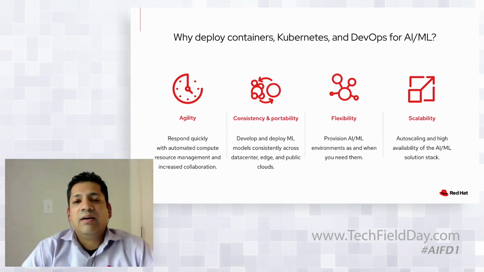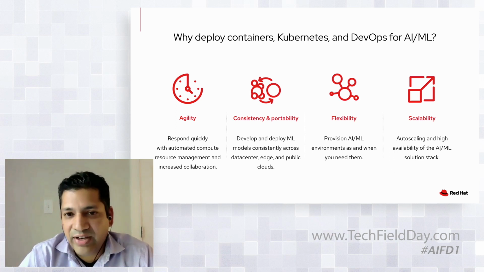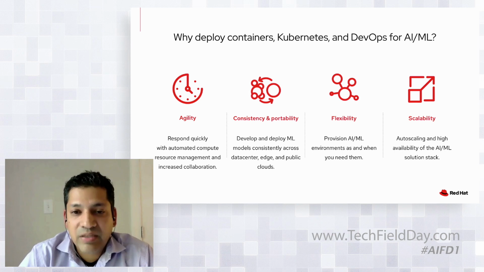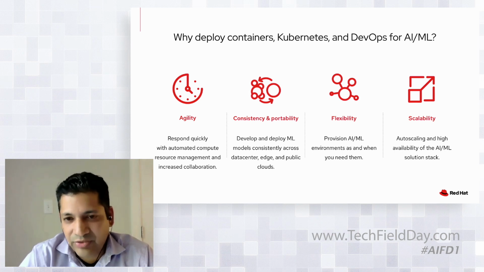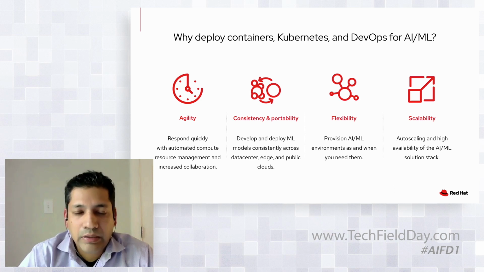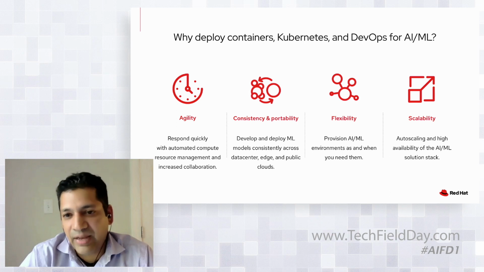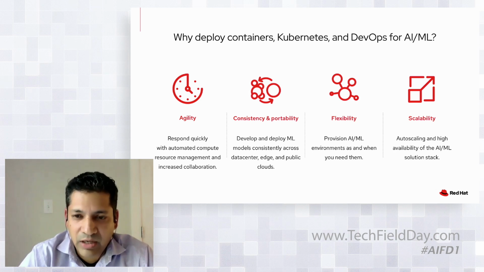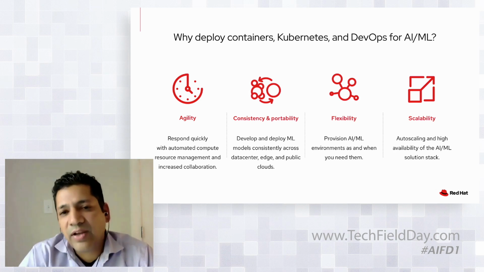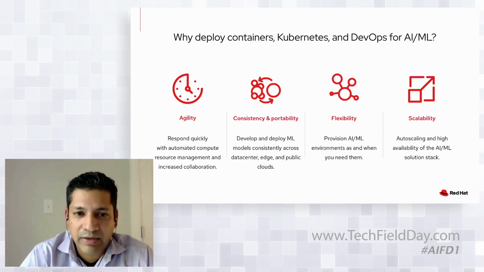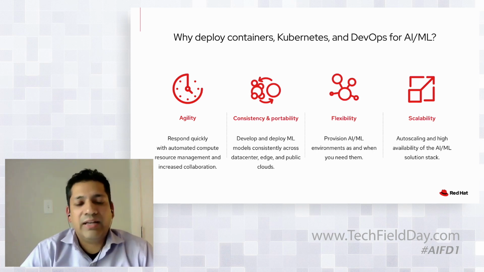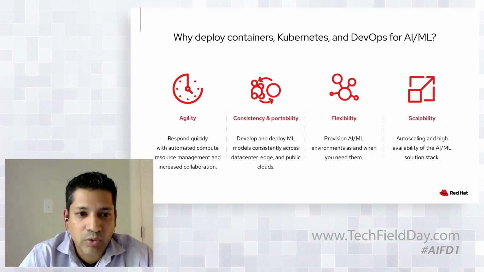Say if I'm doing a data science project and I'm training a model, and at some point in the training I need a lot more compute resources. With the value of containers and Kubernetes, I'm able to spin up my app on a lot more containers, and as soon as my job is done, the resources can be spun down in a fully automated way. So as a data scientist, I don't need to get into the middle of that. The agility is being able to quickly access the compute resources and get my job done fast.